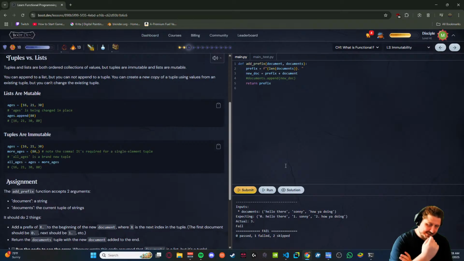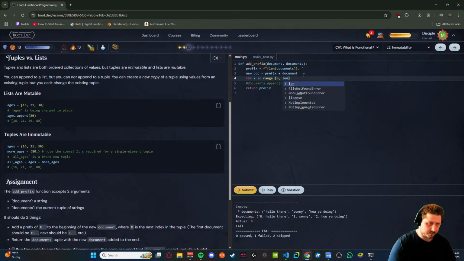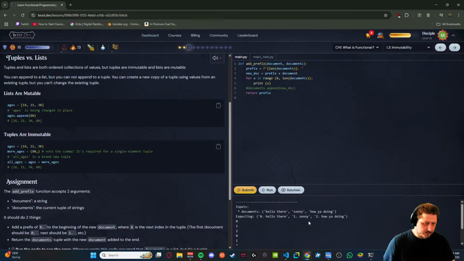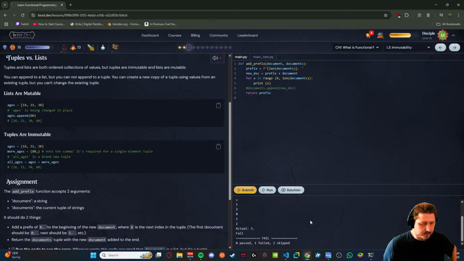For x in documents in range 0 len, print. 012 012.